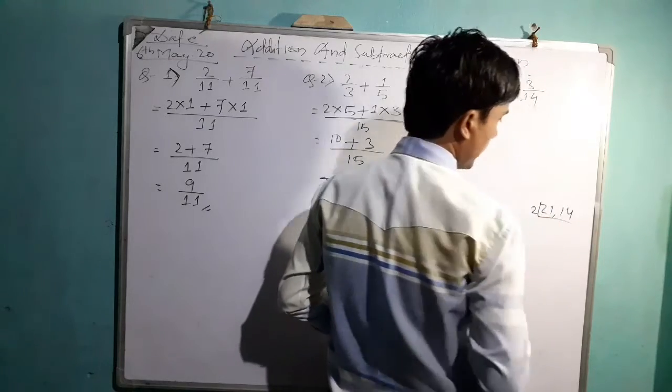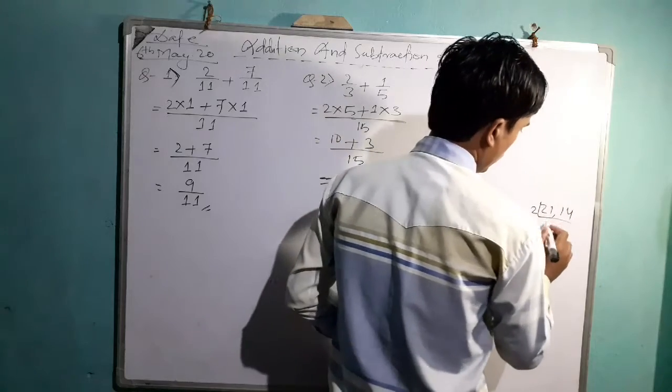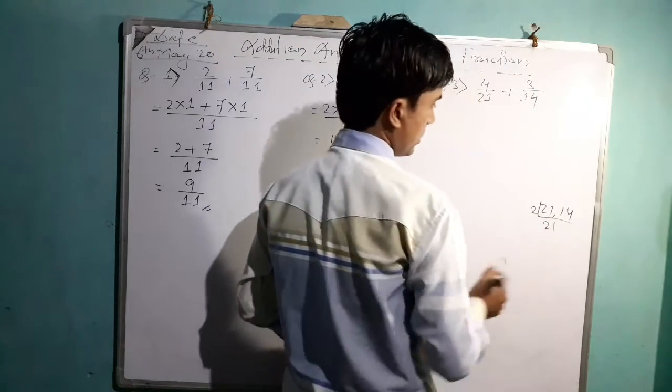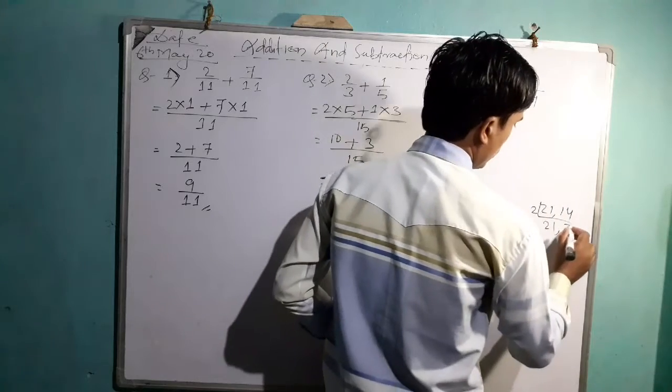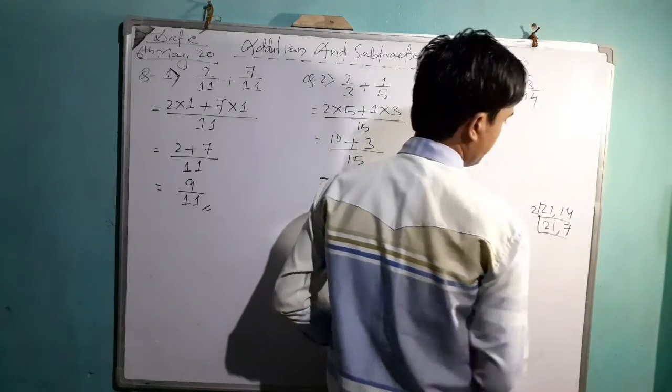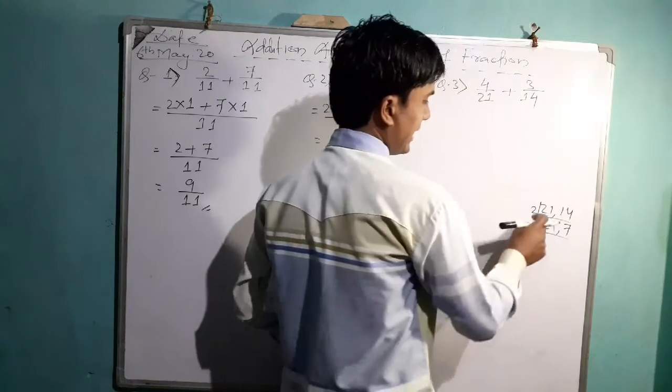So we'll divide by 2. In the table of 2 we get 14, so we can do that. 21 we don't get, so it stays as it is. 2 how many is 14? 2 7s are 14. Done. Then we can divide by 3 because in the table of 3 we get 21.